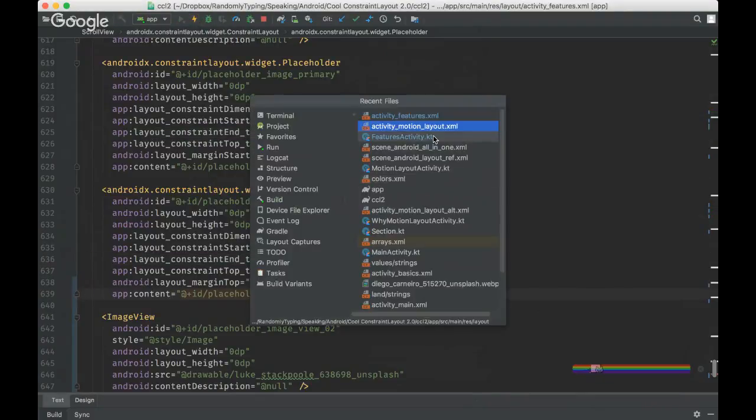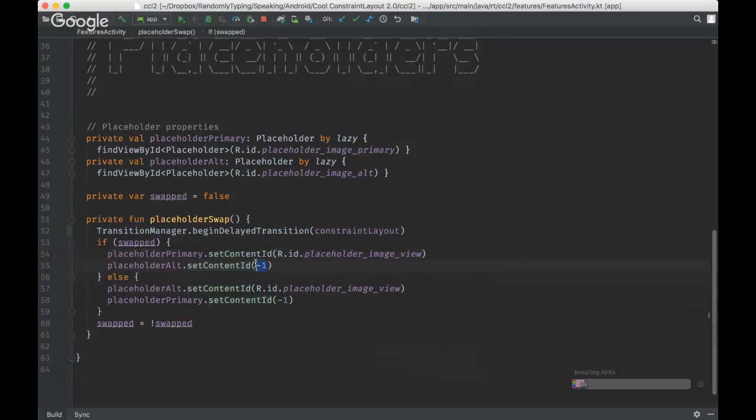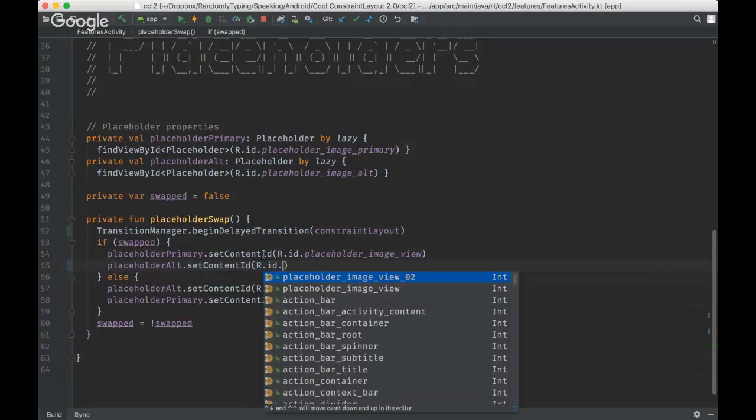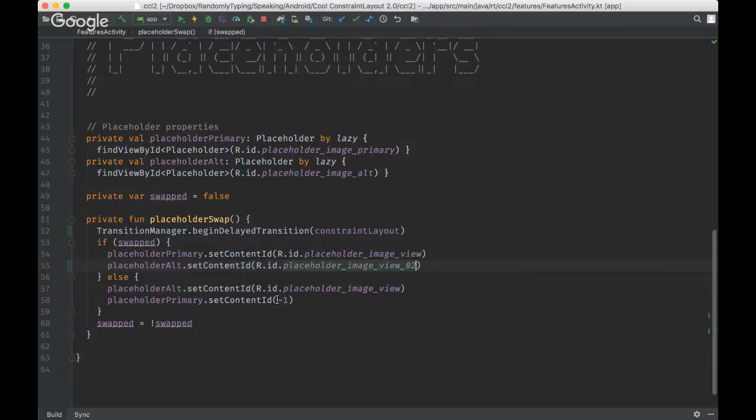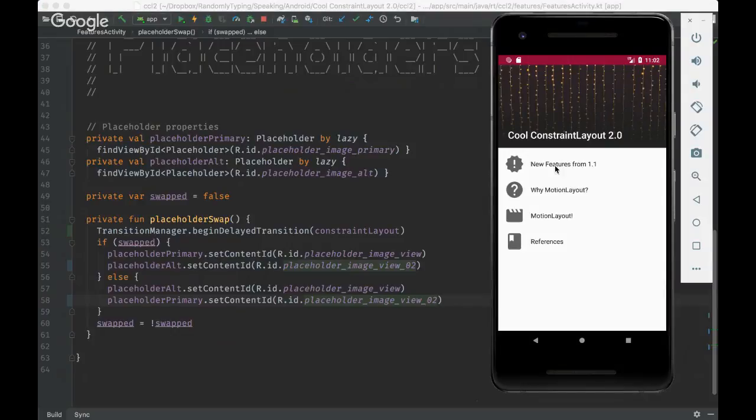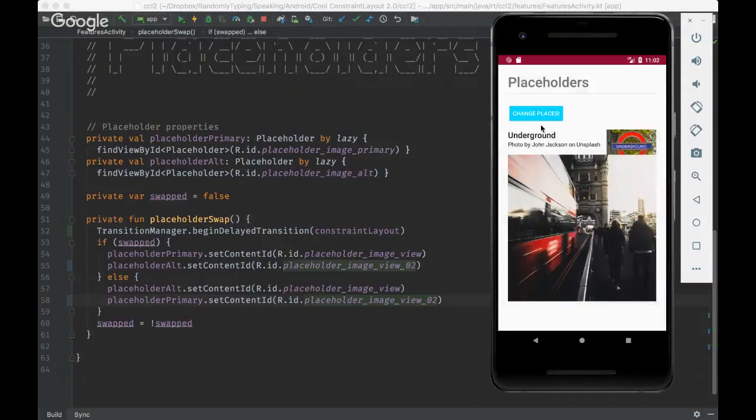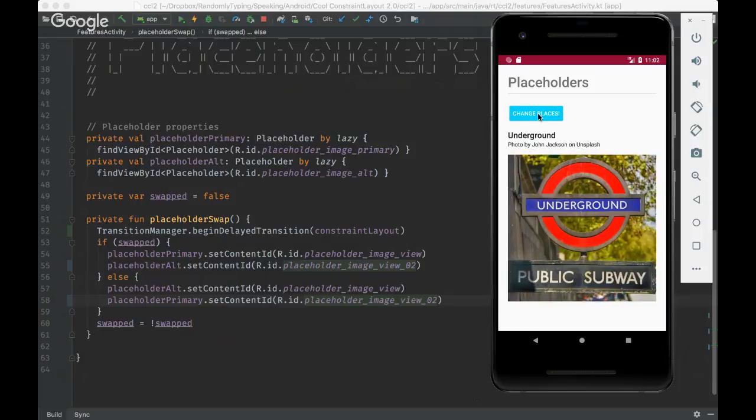And actually, I have to make a few more changes. So rather than just swapping out and clearing the old placeholder, I'm going to go ahead and exchange them. So I'm going to do something like this. So I have two views now, two different view IDs. And whenever I click that button, I'm just going to swap the content, swap the view ID that is set there. And if I actually go ahead and run this, you can see that, oop, what did I do